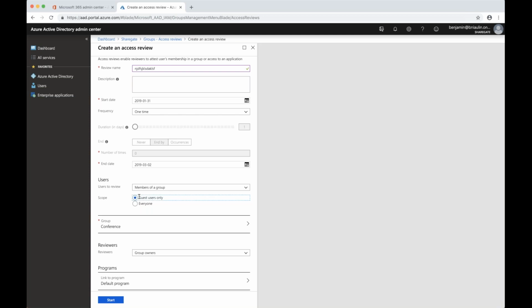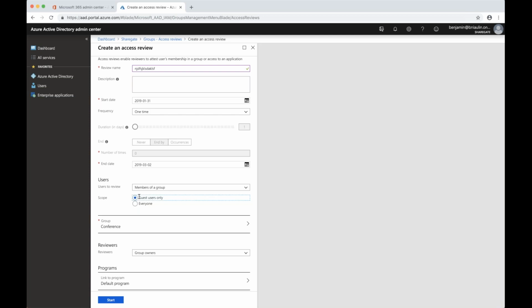You do whatever you think is best, but it's nice because as we move to a decentralized world where people can create their own Office 365 group, IT is no longer really close to what's being done inside of the workloads, inside of the products. You want to stay on top of that. You want to stay on top of your governance plan. And one way to do it is to get some help or ask the group owners to participate very lightly